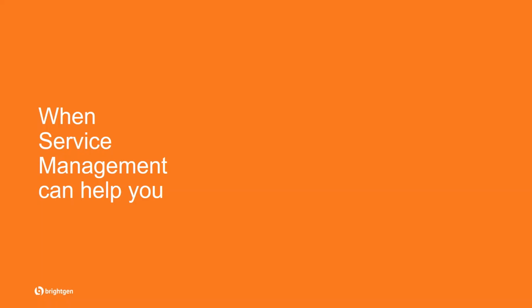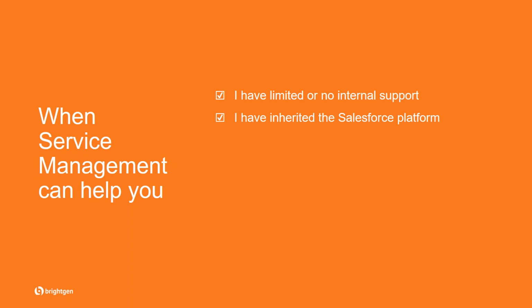So these are some of the reasons why people come to us, feeling that they can't or don't want to do it themselves, and they want to come to an implementation partner like us. Here are some of the reasons. I've got no internal support, or I've got limited support. I might have a couple of admin people, but they can't implement strategic and tactical change for me. So I'll come to someone like BrightGen. A lot of big corporations and smaller corporations, if you like,